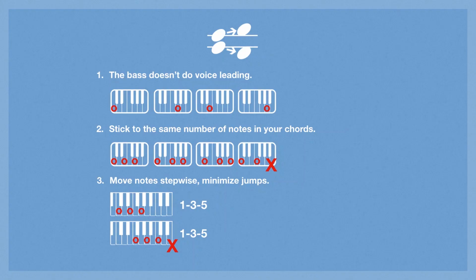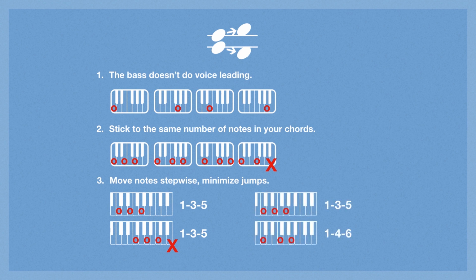So what we want to do ideally is we want to make sure that these voices, the three notes, so in C major that would be a C, E, and G, move stepwise, not jump. Okay, so here's what that would look like. In this case, we have a 1, 3, 5 for the first chord. That's again in root position. And for the second chord, we're using something that's called the second inversion. The intervals here are 1, 4, 6.